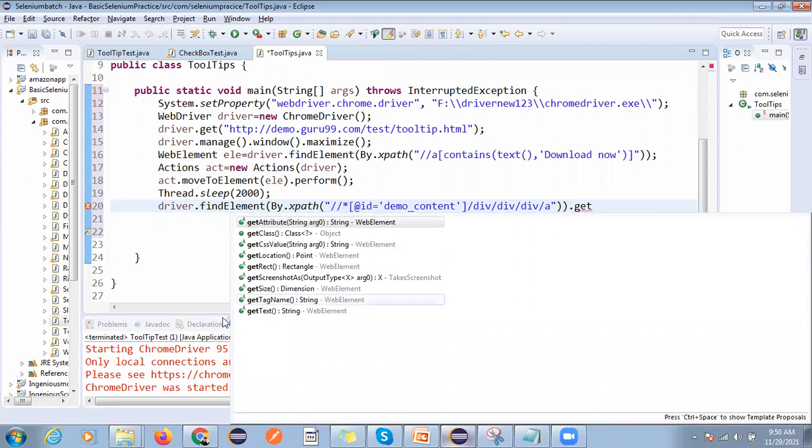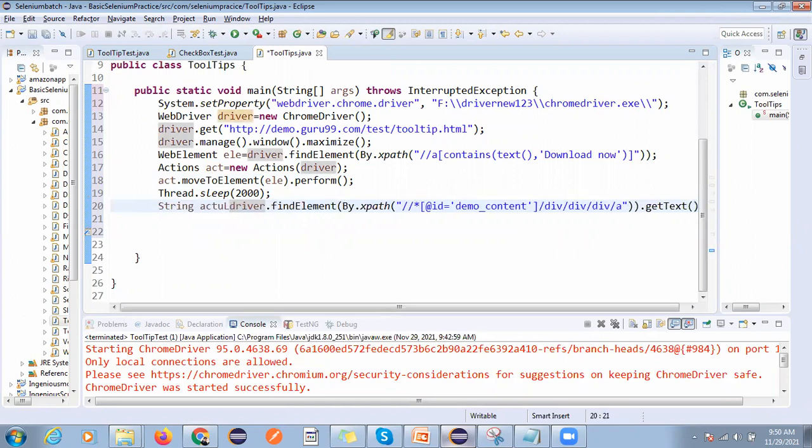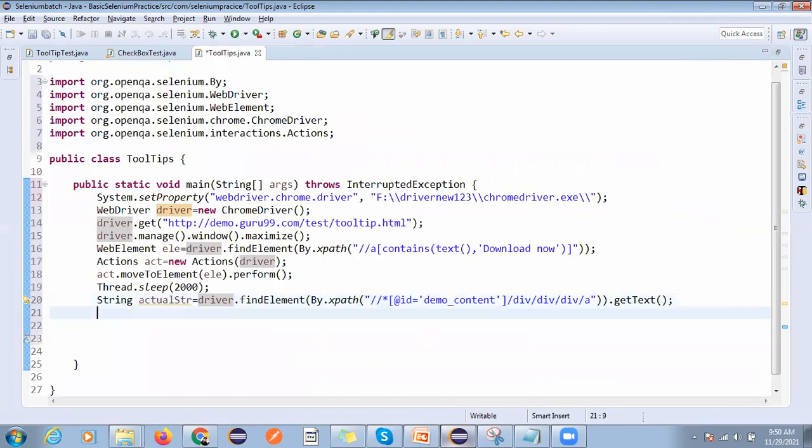We will use get text, and get text will return a string, actual str. Okay, actual str, and what is the expected? Expected is a string, expected str. So expected is this value.